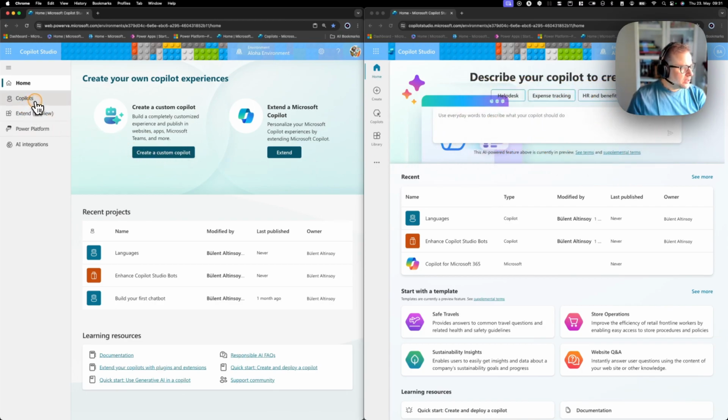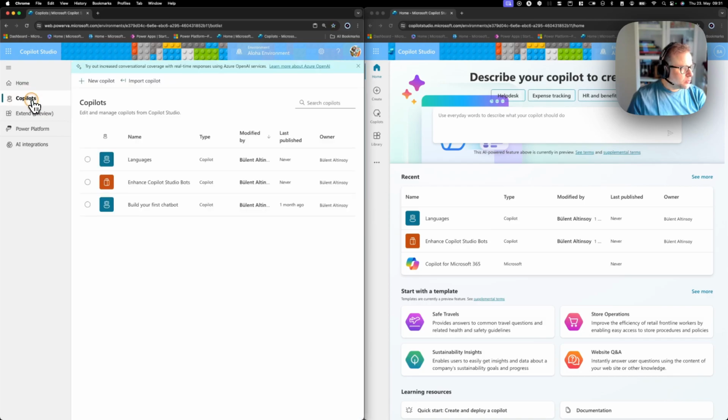So now let's go to our Copilot. If I click on Copilot, this is where I usually come in and can manage my Copilots. I can create a new Copilot, or I can import a Copilot. So if I click here on create,